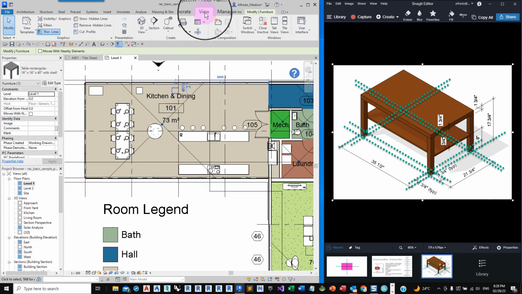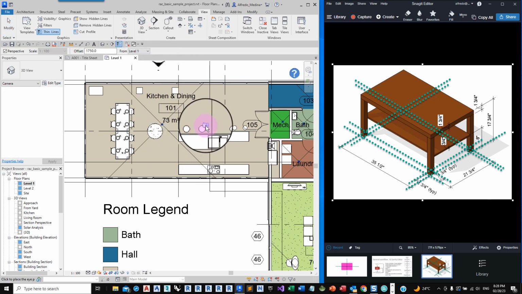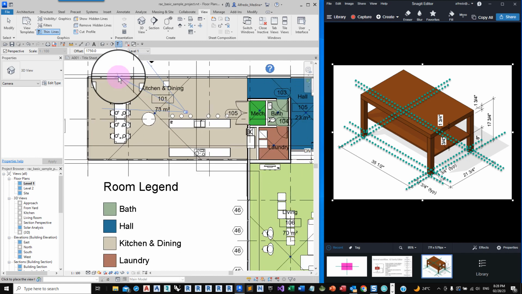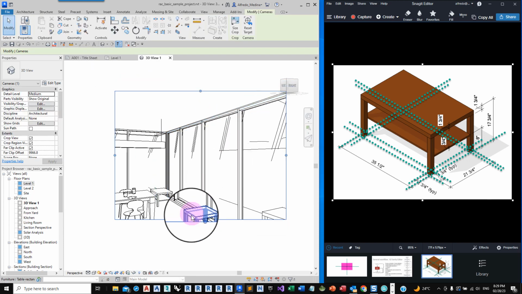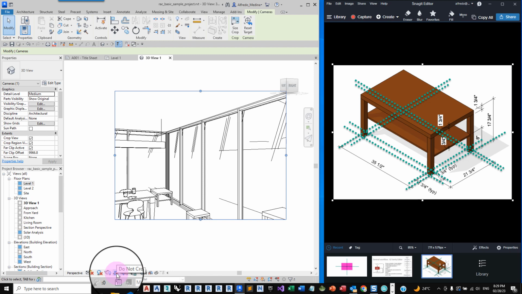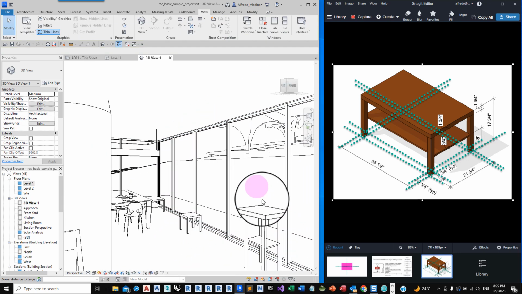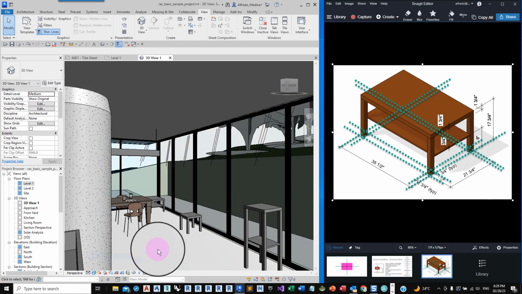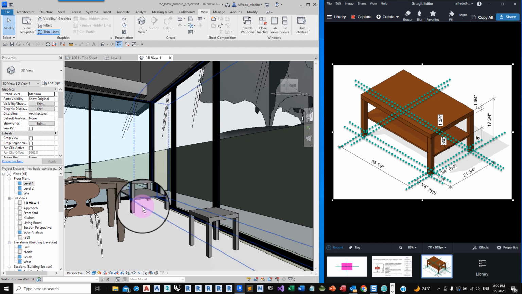Okay, when I go to a 3D view, camera, and I look at those objects, I should be able to see all 3 of them in this perspective. And yes, let me remove the crop of the view, and here we have the three different types. Let's shade the view, and there you go. This is one of the types, that's the other, and that was the first type we did.